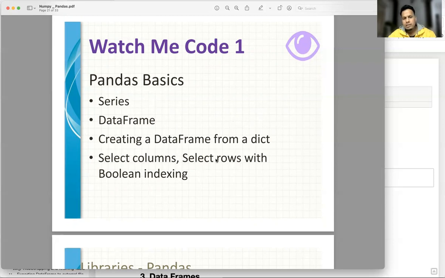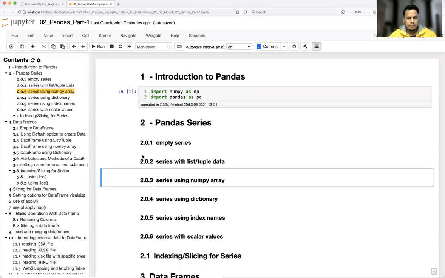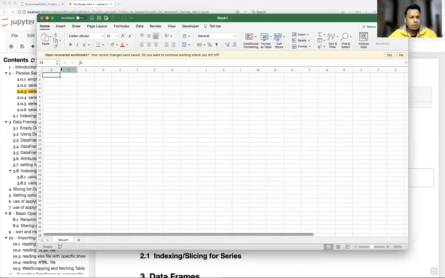Why am I calling it selecting columns and rows? Because if you see the Excel sheet, let me just open an Excel sheet for example. If you open an Excel sheet, in the top header, what do you see?